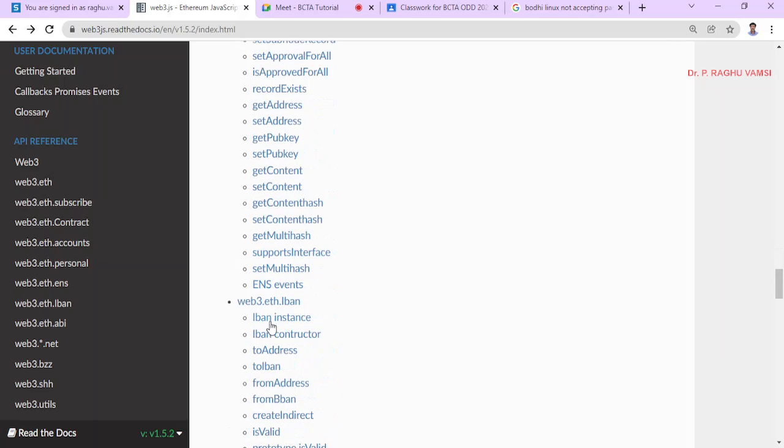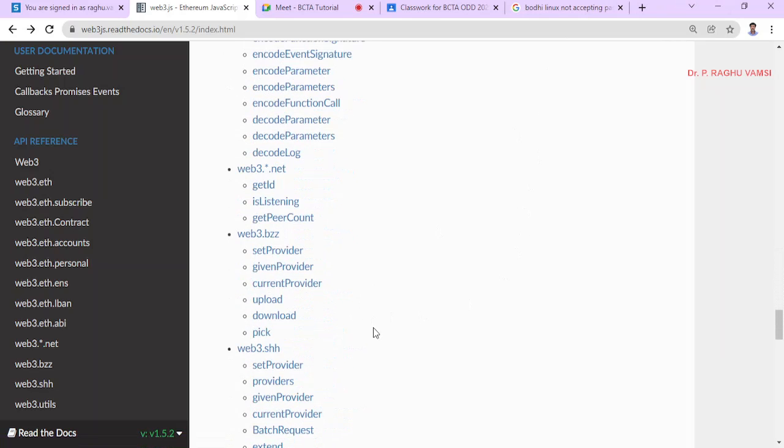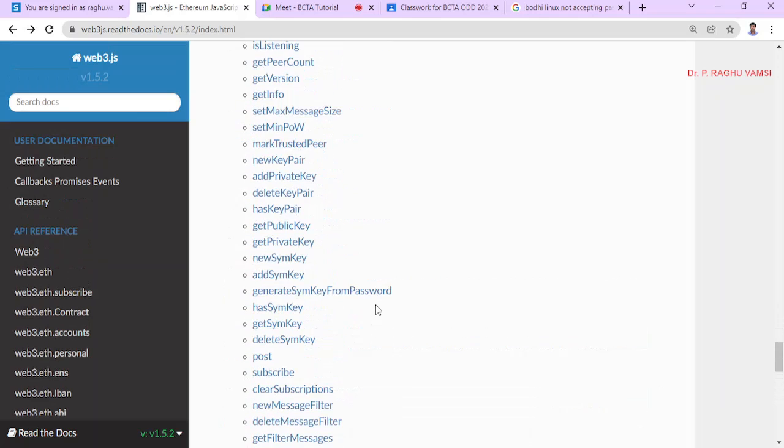Like that various packages are there. These libraries we may use to get information from the blockchain, and also to pass parameters onto the blockchain, especially to the smart contracts that you place on the blockchain. So these are the various references.